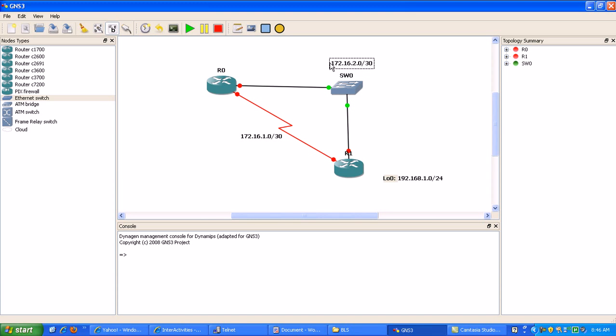The switch network over the fast Ethernet is going to be the, I'm sorry, the 2 network, 172.16.2.0, and